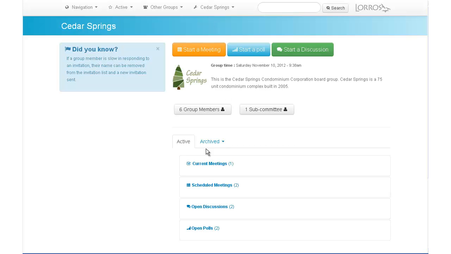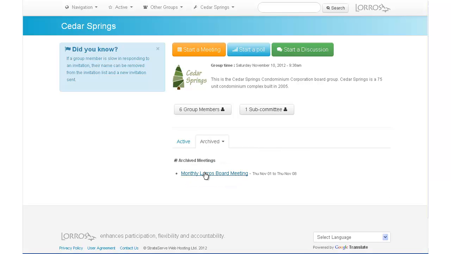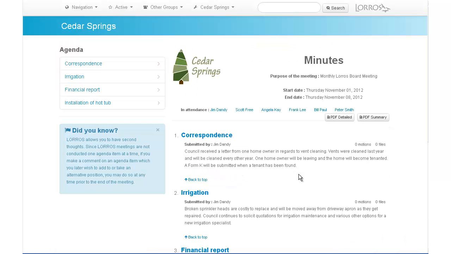So now we've got polls, anything that's been archived, past meetings, anything like that, you can click and see them, and now you have the minutes of the meeting. If you want to create a PDF of the meetings, you just click there. We also have a PDF summary if you don't want the full detail with all the comments